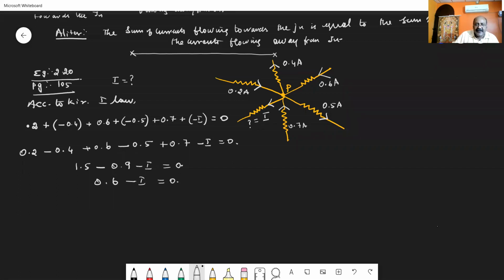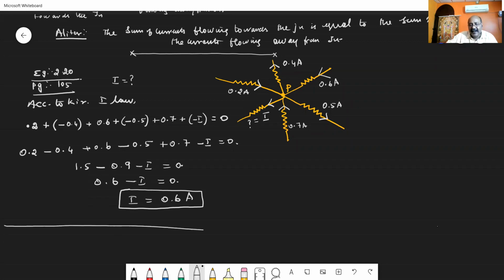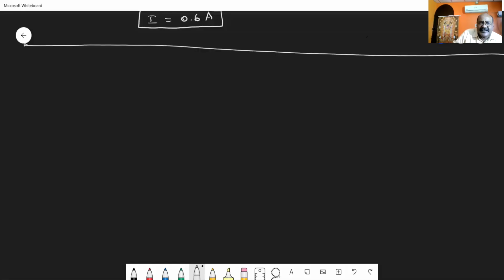Take I to the other side. You can get current I is equal to 0.6 ampere. So this is what we are considering as the value of the current that is available in that resistor or in that conductor. So the second one is